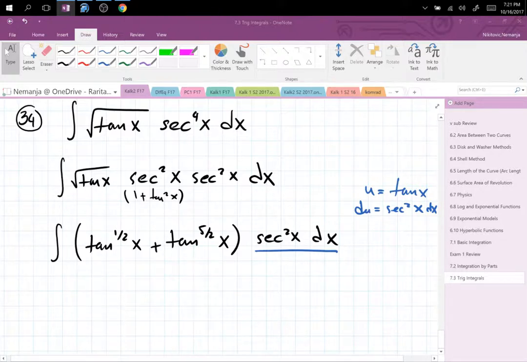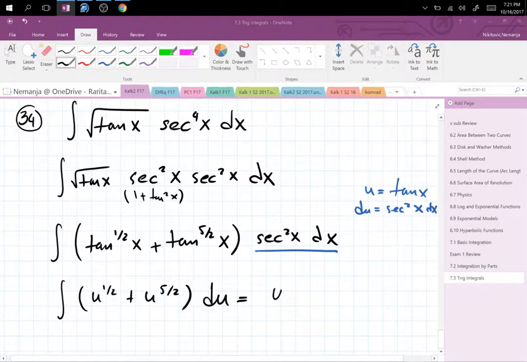Yeah, tangent to the 1/2 and then tangent squared, because I'm transforming this one into 1 plus tangent squared. So 1 times root tangent is tangent to the 1/2. And then you have tangent squared, which is 4/2 plus 1/2 is 5/2. So now this becomes the integral of u to the 1/2 plus u to the 5/2 du,